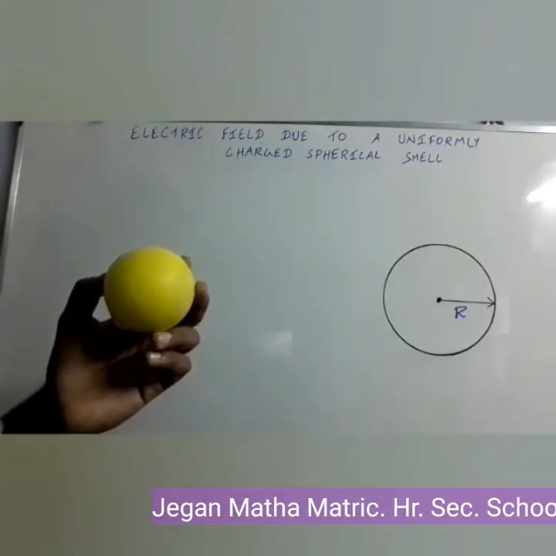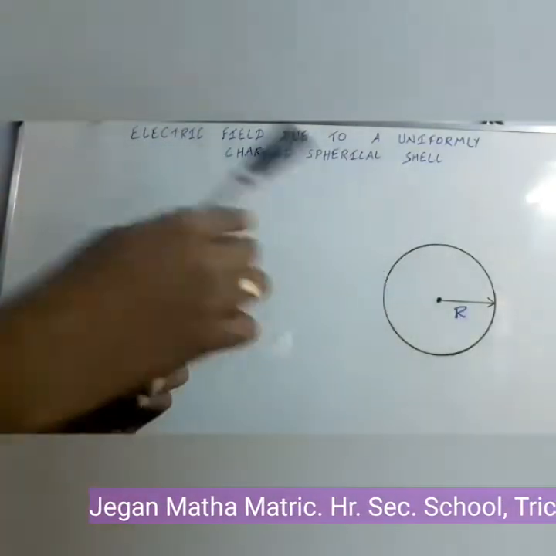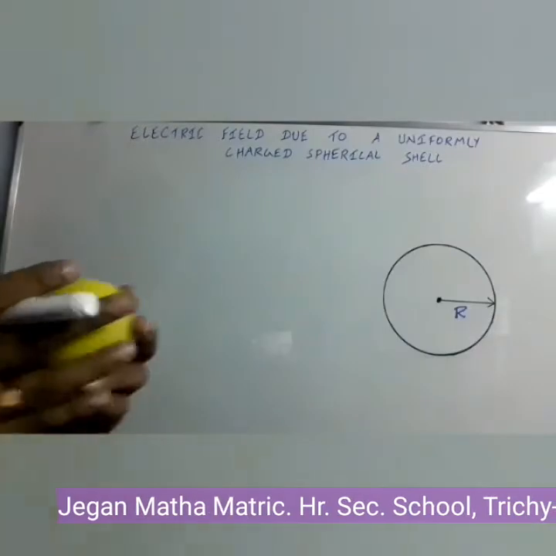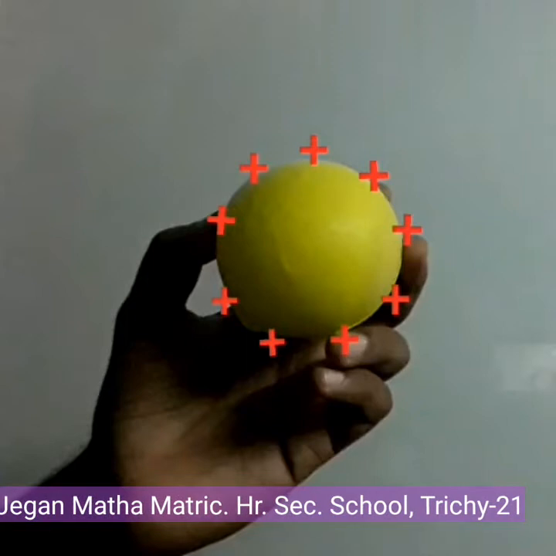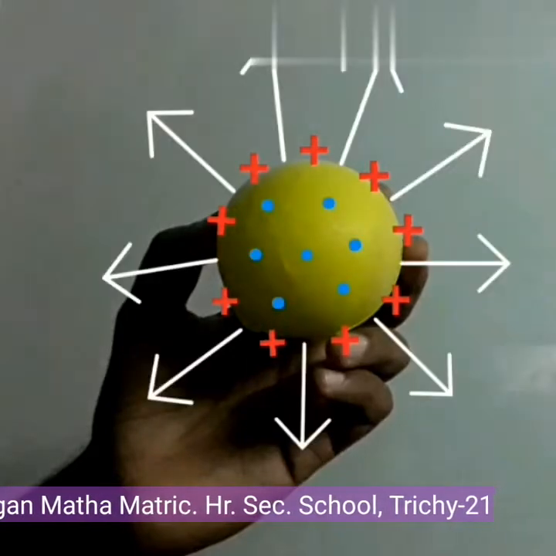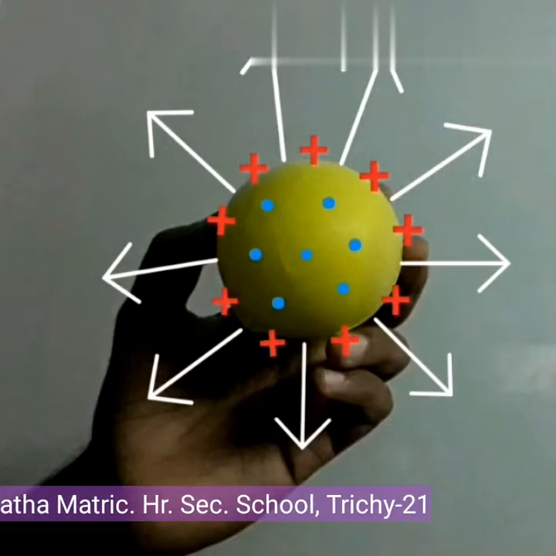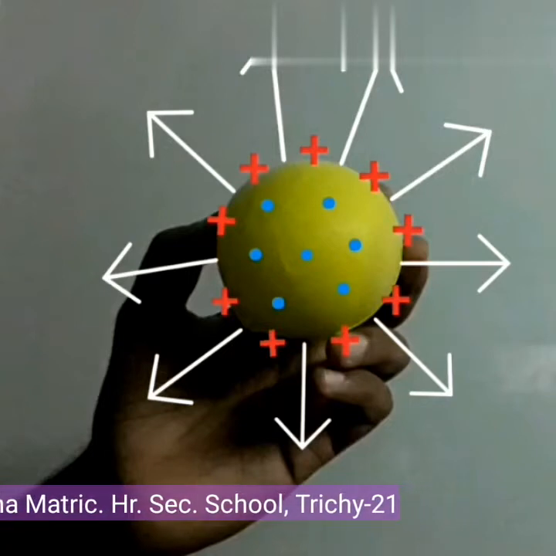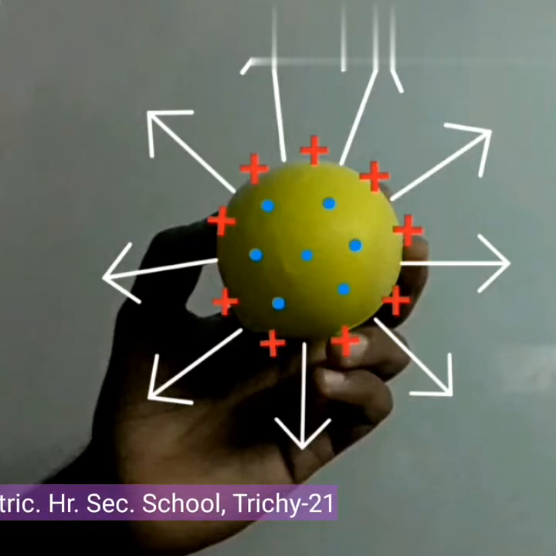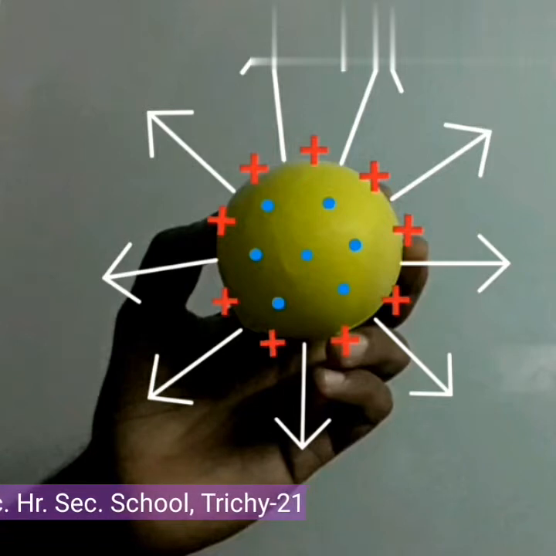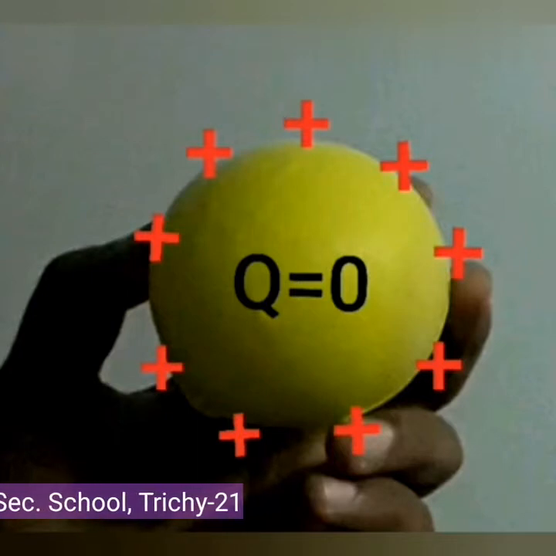We know that the electric field lines come out of the sphere from each point. Like this, the electric field lines come out of the sphere from all the points. This picture shows how the charges are distributed on the surface of the sphere. Here, the arrow marks represent the direction of electric field lines. Since the charged sphere has positive charges, the electric field lines act radially outwards. From the blue dots also, electric field lines emerge outside. Since the charges are distributed on the surface of the sphere itself, there will be no charge inside the charged